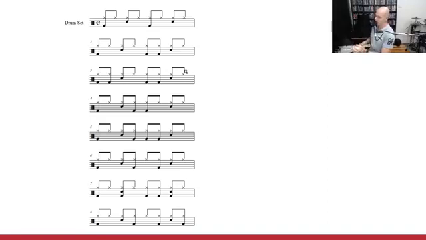Kick, snare, kick, kick, kick, snare. 1 and 2 and 3 and 4 and. Okay, and the last one on the page, just to add a little level of complexity, we have the kick